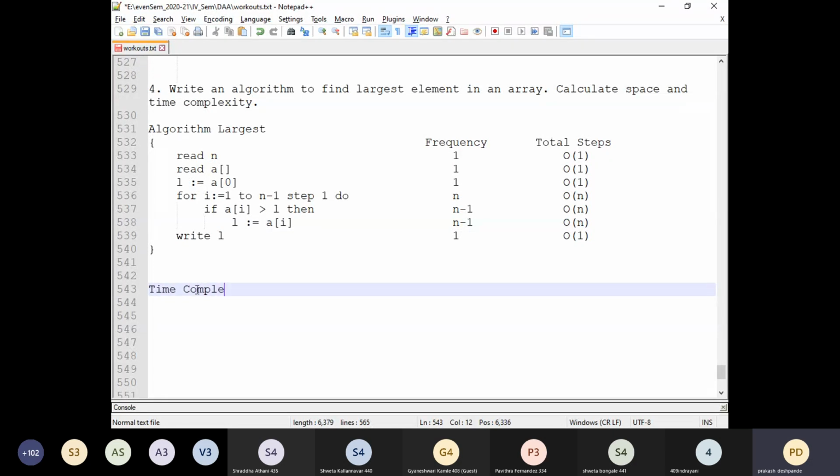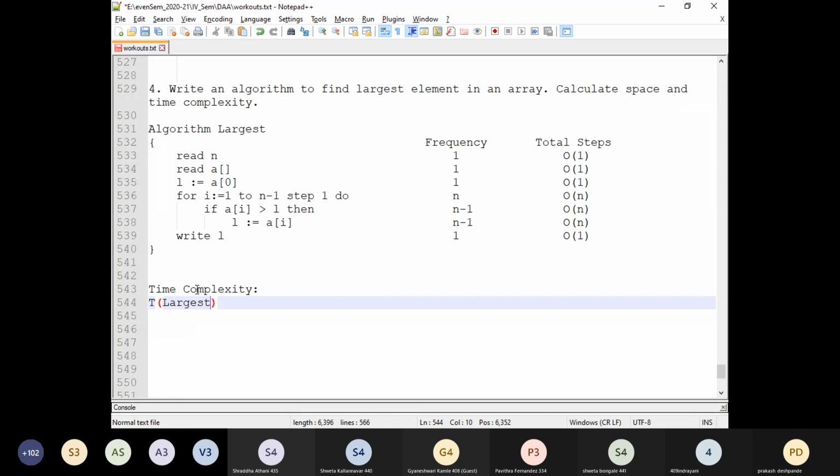Time complexity. Okay. Now T of largest equals to how much, students? How can I write here? I need to add all the frequencies here. 1 plus 1 plus 1 plus n minus 1 plus n minus 1. So I think I missed one n here.